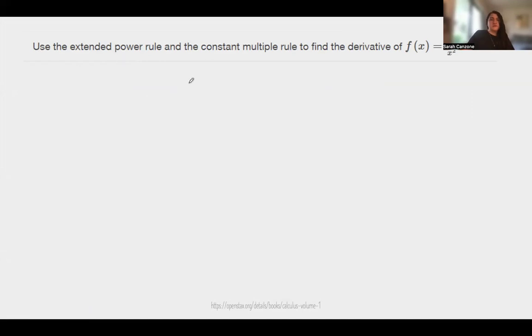All right, now we're going to use the extended power rule that I mentioned before. So that's for any value for our exponent, not just an integer, and the constant multiple rule to find the derivative of this. So I'm going to rewrite it over here. F of x equals 6 over x squared. So there's a couple ways that you could do this. This specifies using the power rule and the constant multiple rule. So there's actually two ways you could do this. First way is if you wanted to use the quotient rule on this, you could. The quotient rule would work perfectly. It would just be way longer. But if one side of your fraction is just a single number and the other side of your fraction is a variable, then what you can do is you can bring that variable up into your numerator and just use